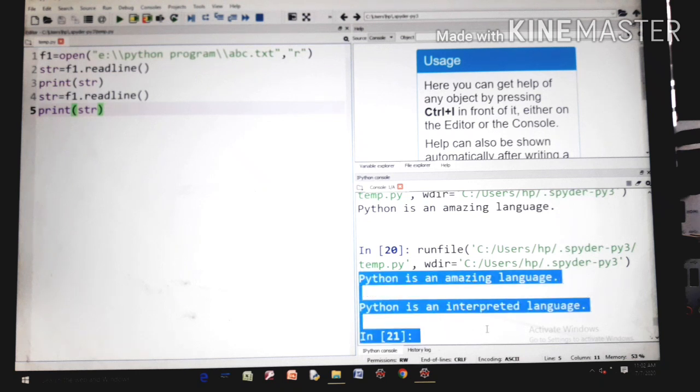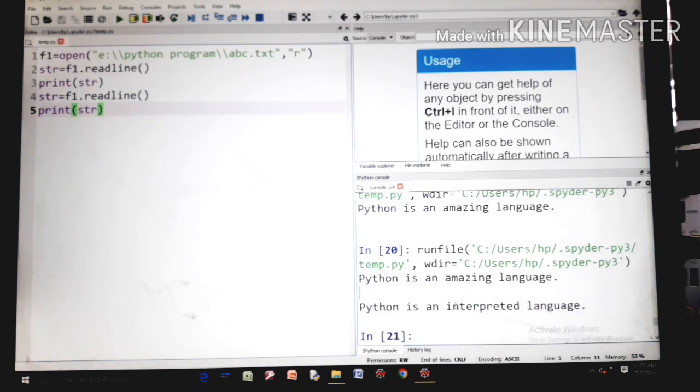But there is a difference between read and readline. When we use read, it shows Python is an amazing language without any blank line. When using readline, it always shows a blank line string.